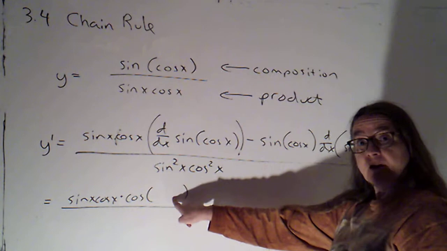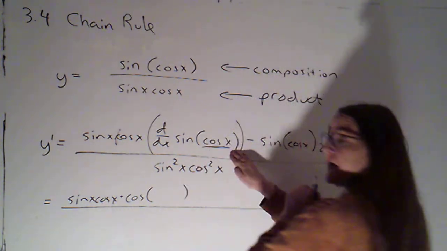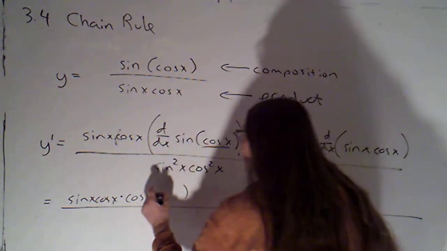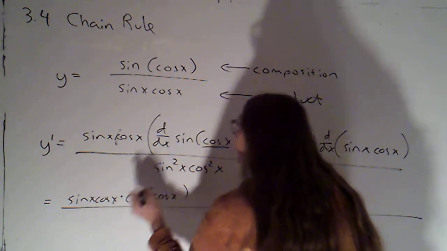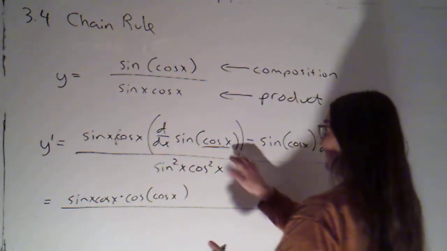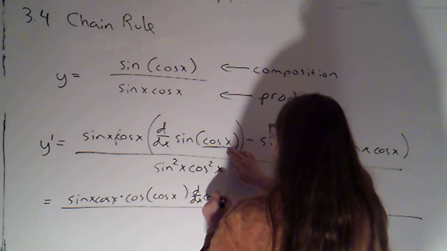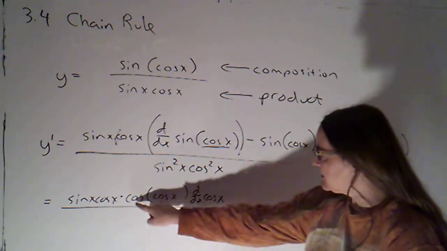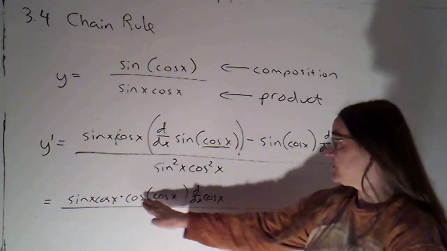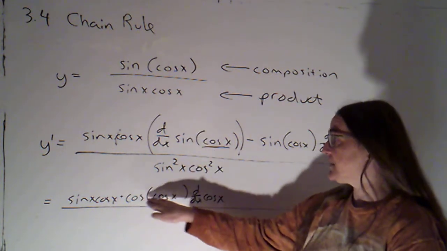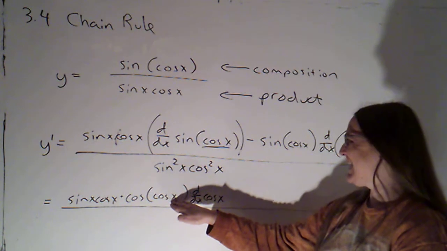And I'm going to evaluate that derivative at the same thing I was plugging into sine. So it's going to become cosine of cosine x times the derivative of that inside part. Notice, just like this was not sine times cosine, this is not cosine squared, that's cosine of cosine x